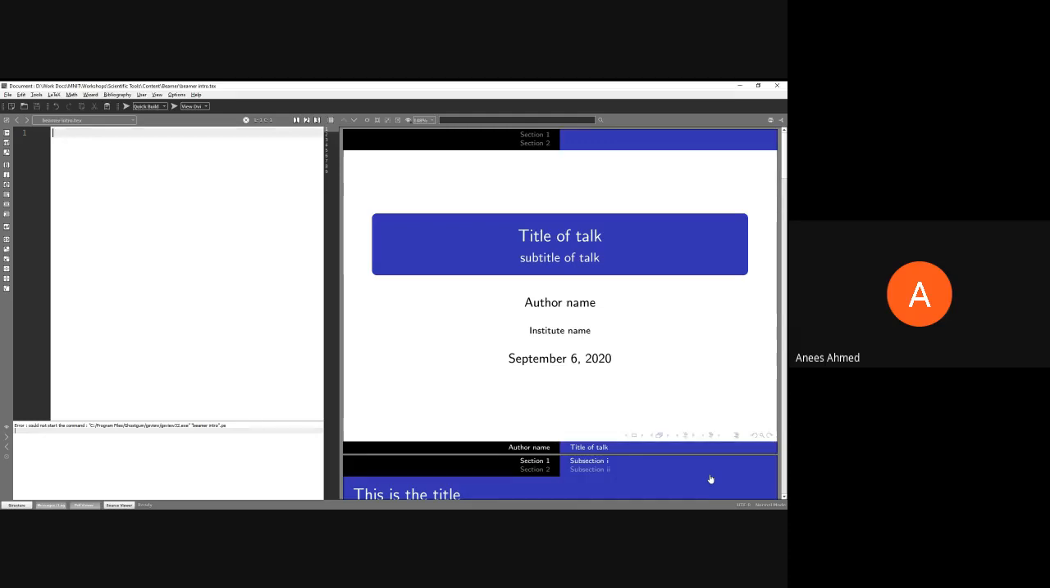slide? It should say title of talk, subtitle of talk, author name, institute name, etc. Okay, so on the left hand side you see is the editor. Now you saw I typed some garbage there. On the right hand side is the output. Now there is some output which is from my previous code, so it should go away very soon. Okay, so how to start with